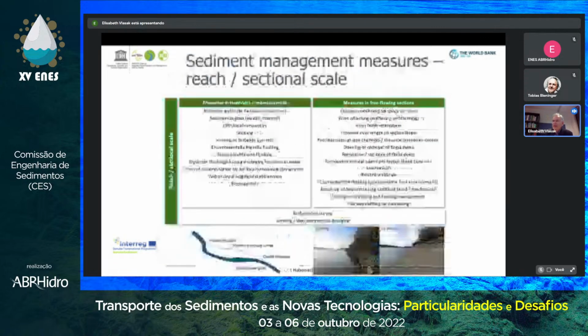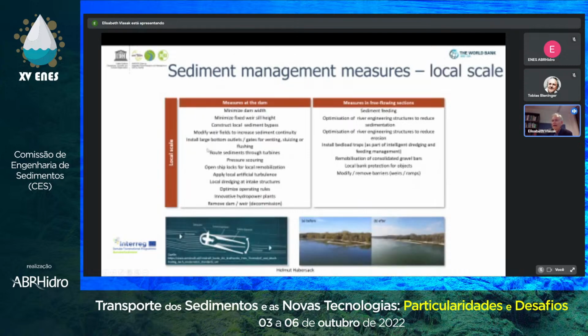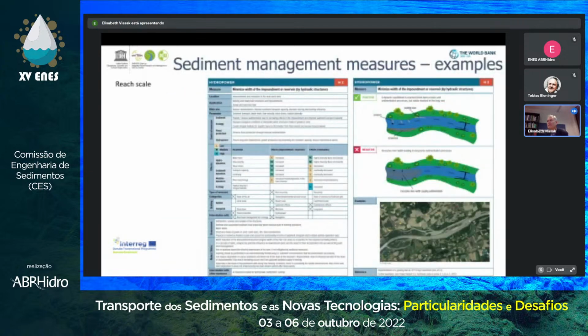So we have measures at the reservoir, in the impoundment, and we have measures differentiated at the dam. At the dam, we have different measures. You can see, but I will go into them a little bit more. Now, this is maybe small if you have a small screen, but you can, as I said, download it, or I can send you the link, or I can send you, if you want that, even the document as a PDF. You can have it if this is the better way for you to get the information. So all of this can be read there.